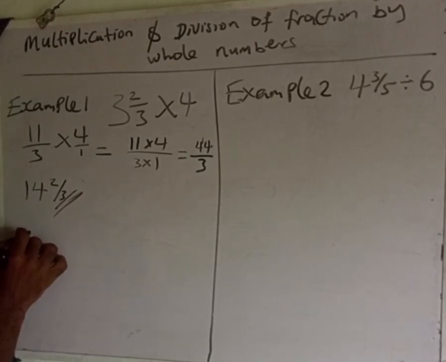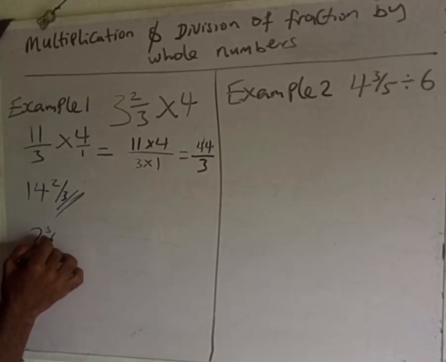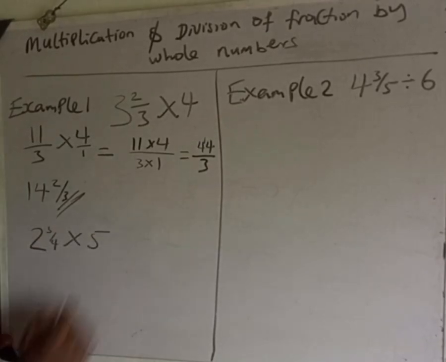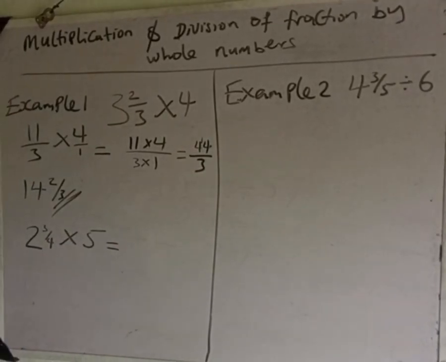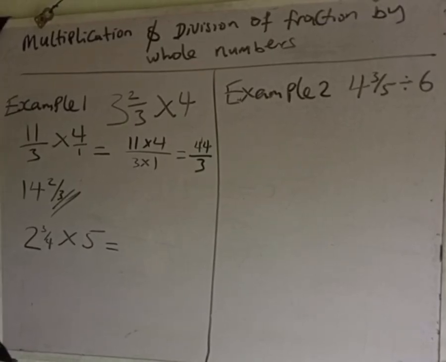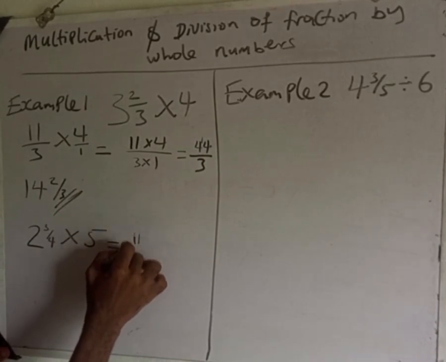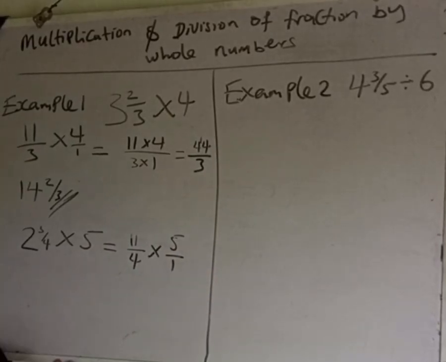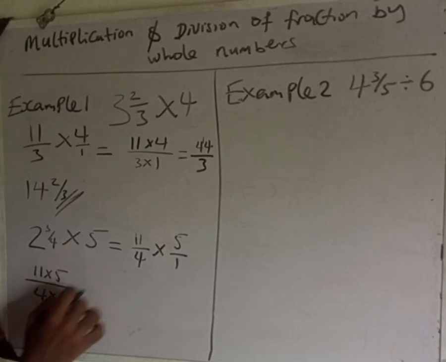Let's say we have something like 2 whole number, 3 over 4, times, let's say, 5. How are we going to do this? Remember, first of all, we change this to an improper fraction, which is going to give us 4 times 2 is 8. 8 plus 3 is 11. So we are having 11 over 4 times 5. 5 is the same thing as 5 over 1. So we are going to be having 11 times 5 all over 4 times 1,